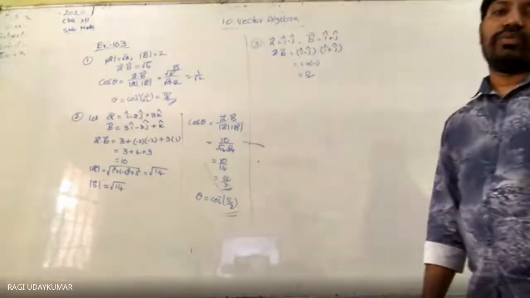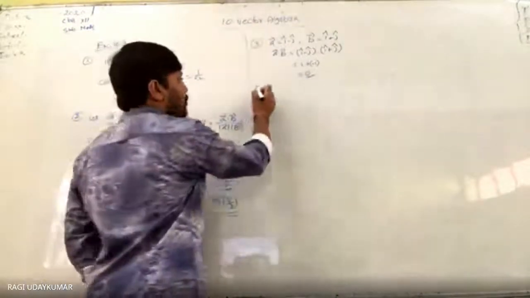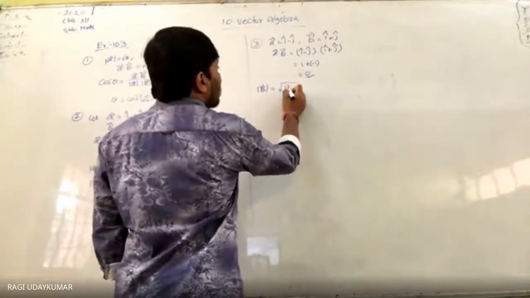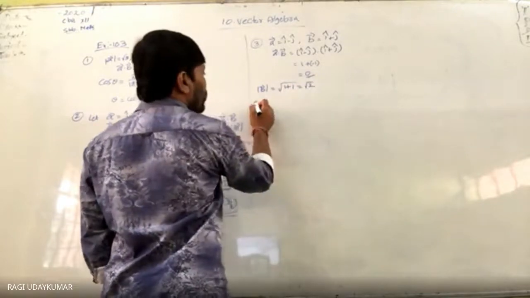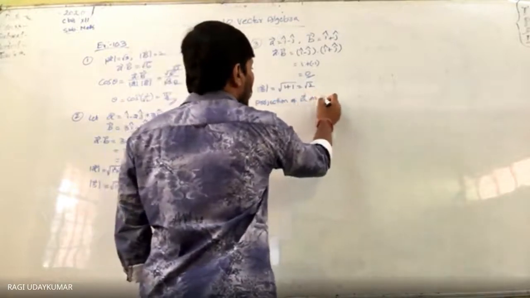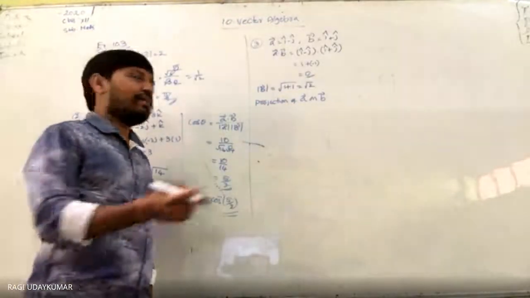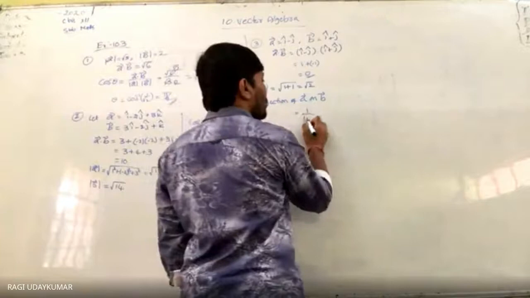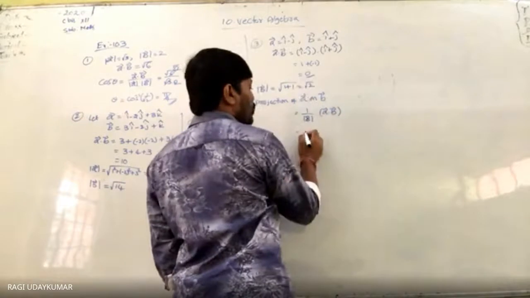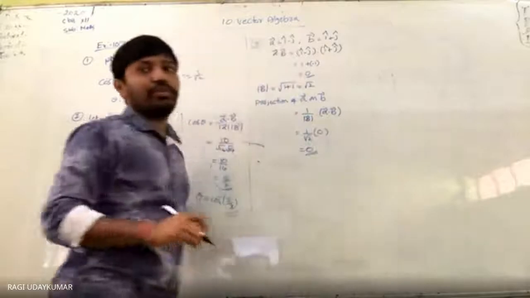The dot product is 0. When the dot product is 0, it is actually not necessary to find the magnitude of b bar, but magnitude of b bar is equal to under root of 1 plus 1, which is root 2. So projection of a on b. The projection of the vector a on the vector b bar is given by 1 by magnitude of b into a bar dot b bar, which is 1 by root 2 into a bar dot b bar. A bar dot b bar is 0. So the projection is 0.